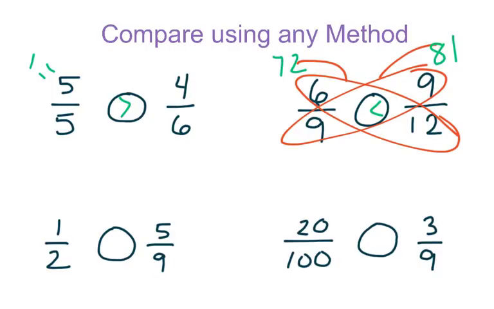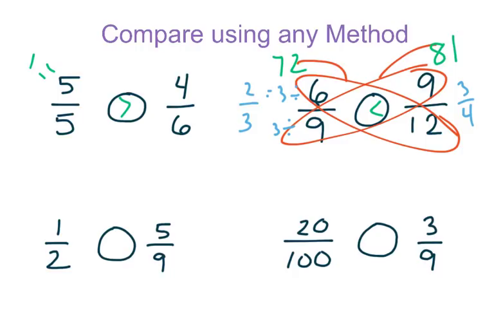I could have also simplified these fractions to help me out. If I did that, I would have divided this top number and this bottom number by 3, and that would have gotten me 2/3, and this other one would have gotten me 3/4, and because sequentially 3/4 is larger, that's